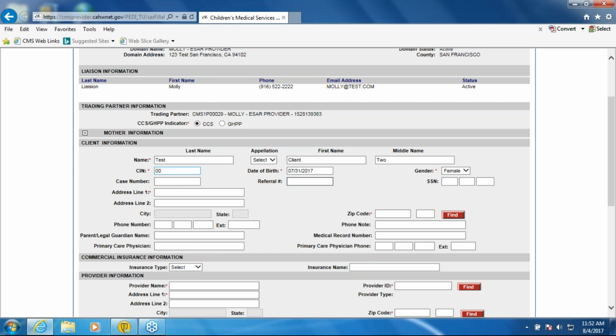The referral number is the CCS referral number. If the client was previously referred to the CCS or JHP program, there will be a referral number that you would previously have if you were originally the person that referred the client. And the client SSN, if there was any, of course for newborn babies they won't have any. And the client's address, okay, so 123 test, and